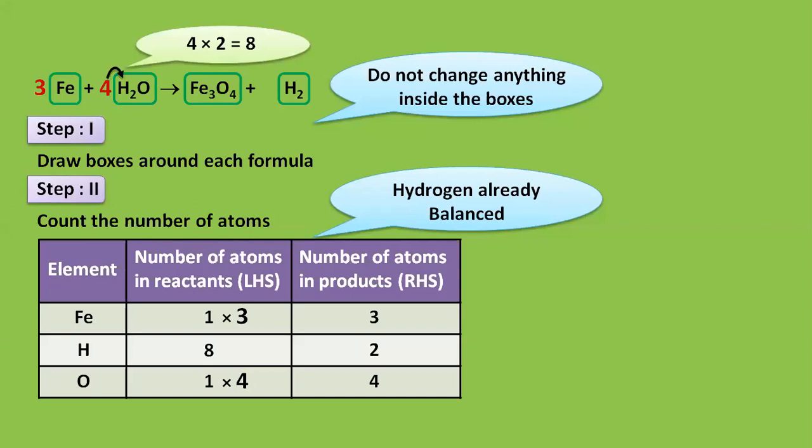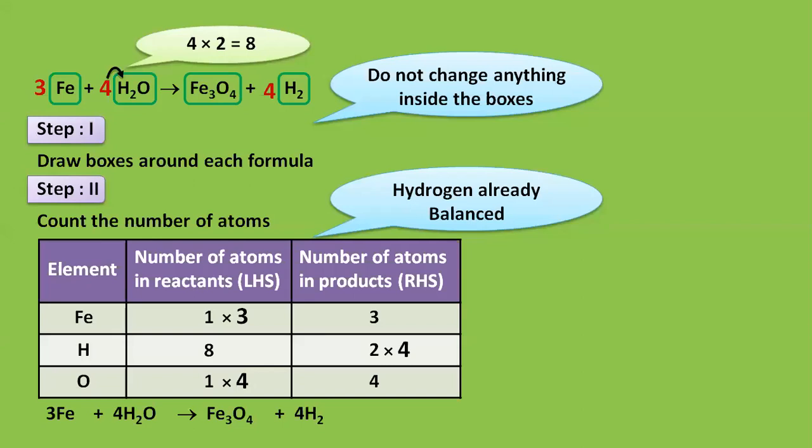What are we going to do to make the number of hydrogen atoms in the product 8? Which is 2. What are you going to do? Yes, I can see a few students raising their hand. 2 multiplied by 4. Very well. So on the product side, I'm going to put 4 in front of H, which makes my hydrogen also balanced, isn't it? So I hope it was very simple and you're able to understand.